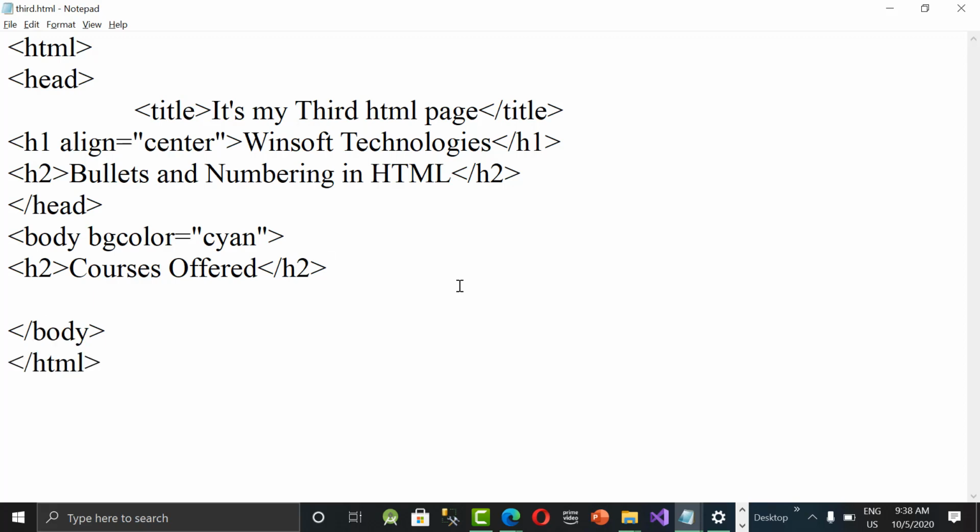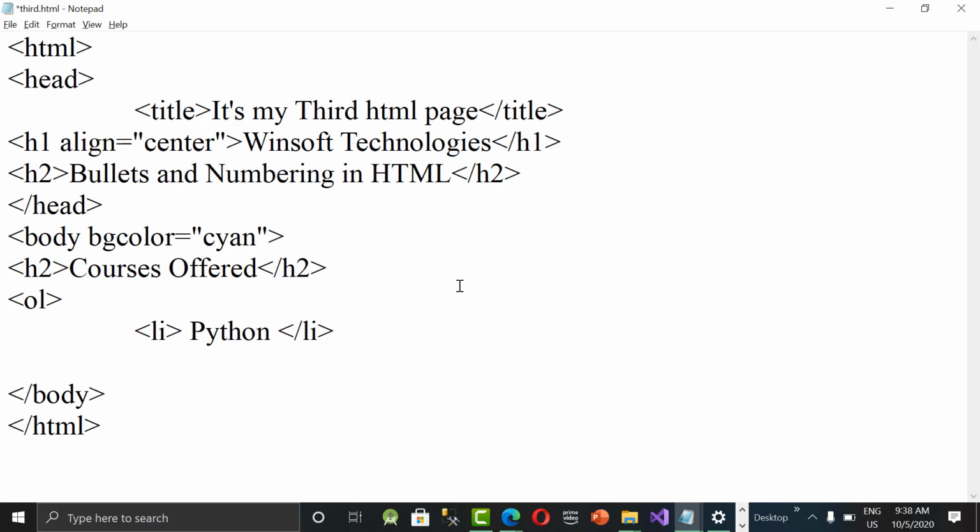Now I'm starting with the numbering. Okay, so OL, ordered list. Inside that LI, first I'm giving Python, slash LI, list item close. And then hereafter just copy paste as many items as you want.